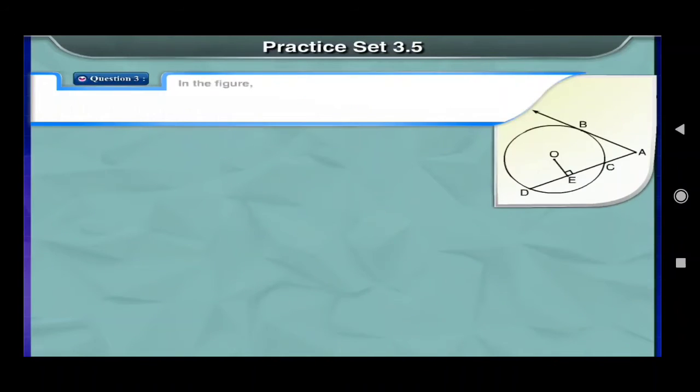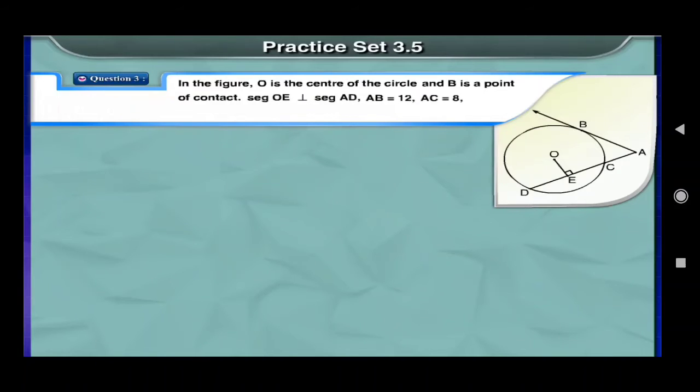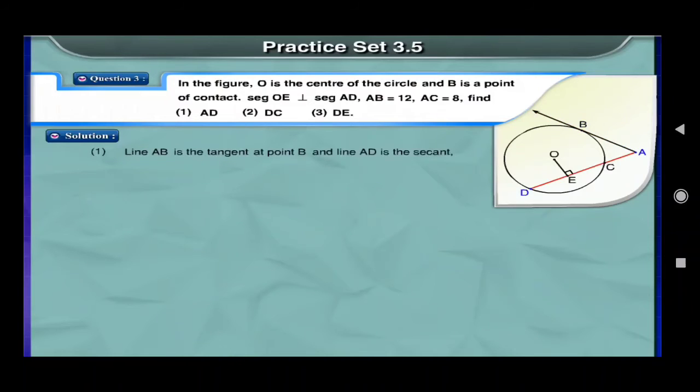3. In the figure, O is the center of the circle and B is a point of contact. Segment OE is perpendicular to segment AD. AB is equal to 12. AC is equal to 8. Find 1. AD, 2. DC, 3. DE. Here's the solution. In the figure, line AB is the tangent at point B, and line AD is the